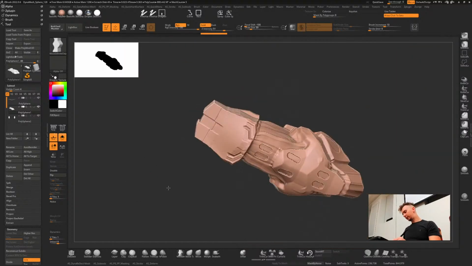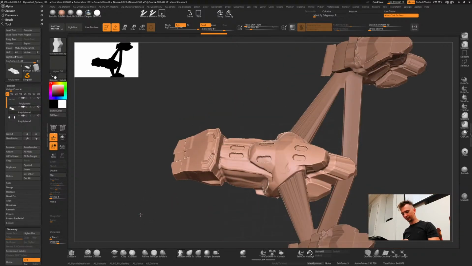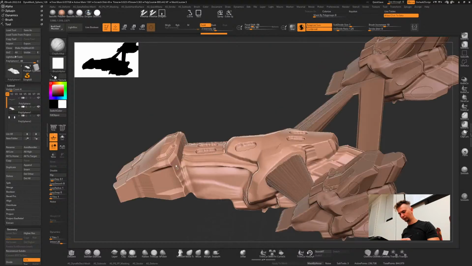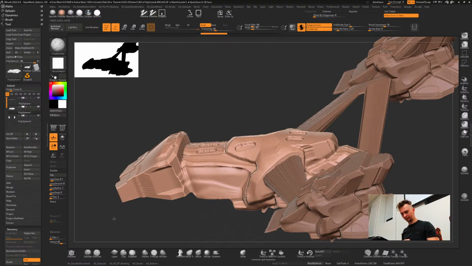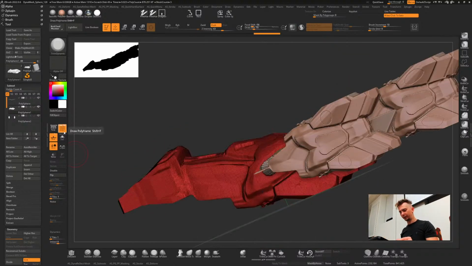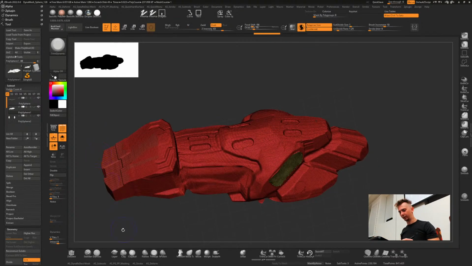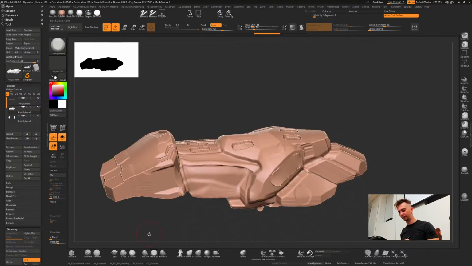All right, so let's make this turd something more fun. Clay build-up, maybe. The lag is terrible. Oh, also, when you already have a dynameshed mesh and you have the sculptress mode enabled, especially with something like trim dynamic, it's gonna slow the hell out of your system, so I prefer to turn that off and only enable it when I need it.